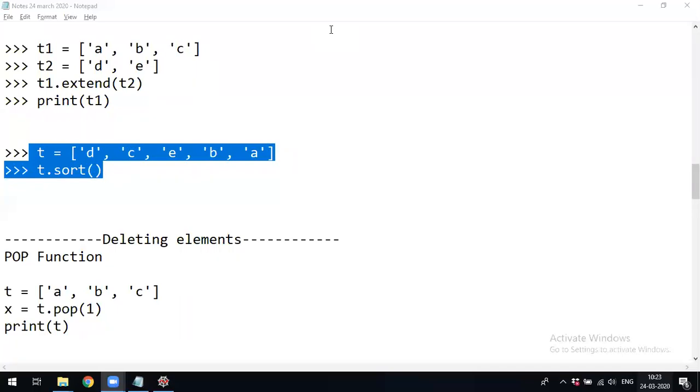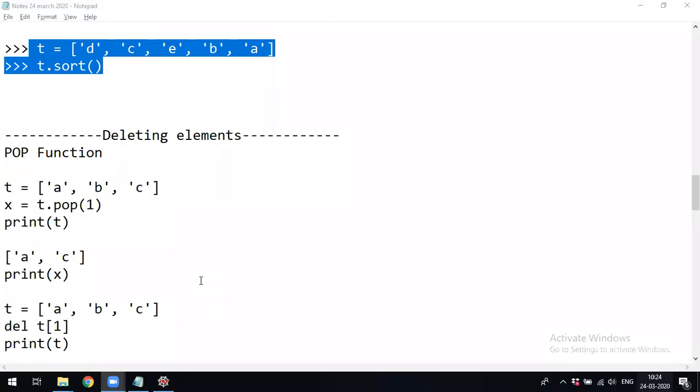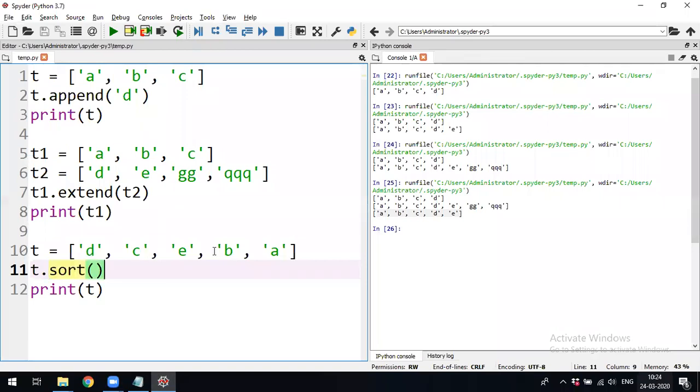Sir, in order to carry out sort, should all the data types be the same? It needs to know the data type, and based on the data type, it is going to sort. For example, in the list T, along with the characters, if you add numbers, will it sort or not?